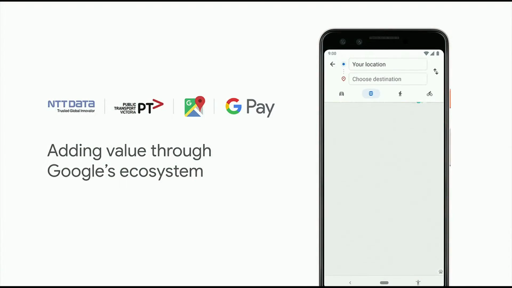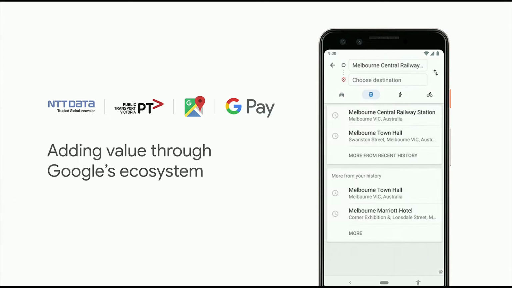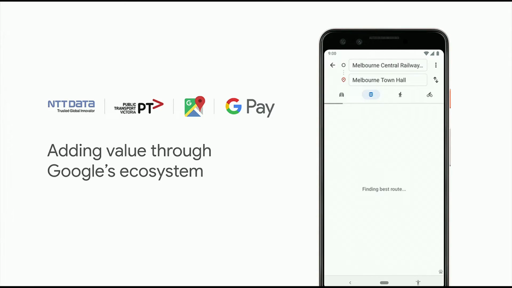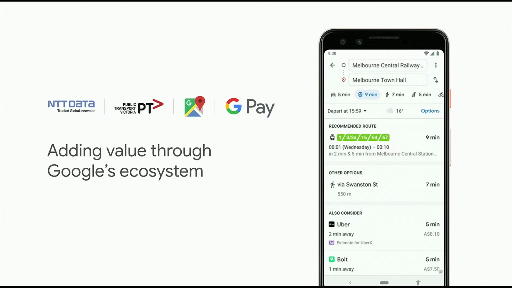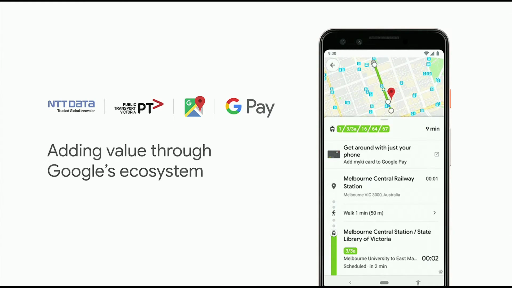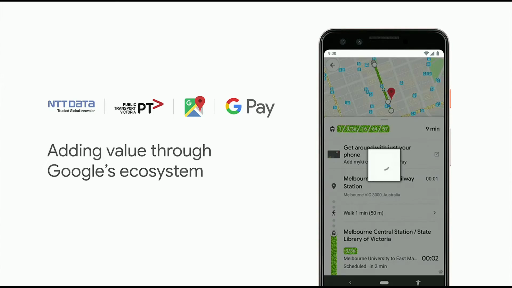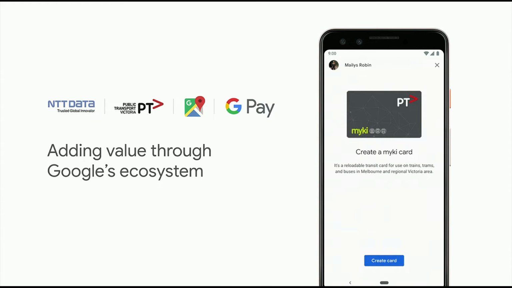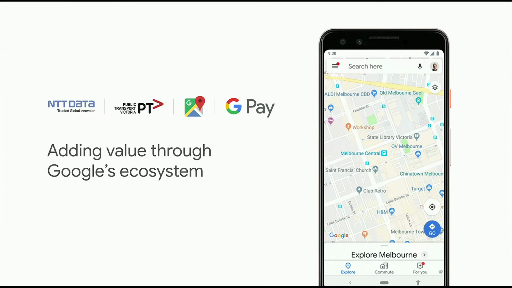And the same as for boarding pass, we really think that utilizing Google's ecosystem can help us build great user experience. And when we're talking about transit, the first Google app that I can think about is Maps, because this is where I'm going to start my journey. So when I want to go somewhere, I'm just going to open Maps and search for the best itinerary. So we are adding a feature to purchase tickets and save those tickets in Google Pay from Maps. So from a user perspective, I can just do my whole journey, from searching for my itinerary to redeeming the ticket from Google Pay at the transit agencies, in one go.